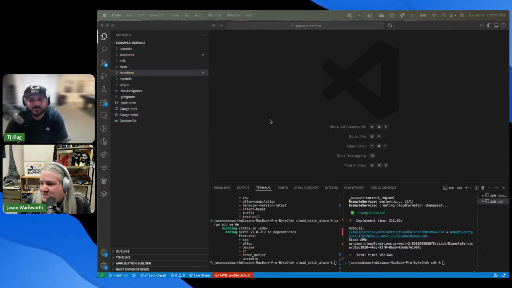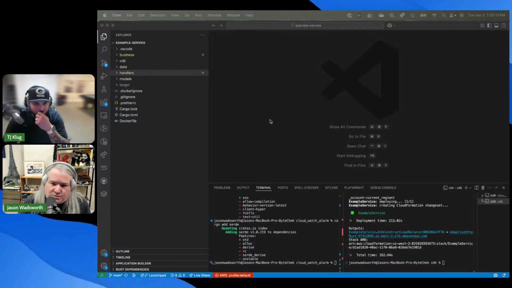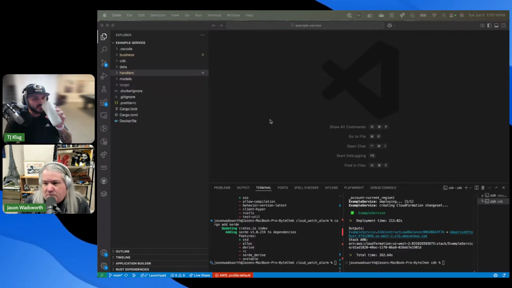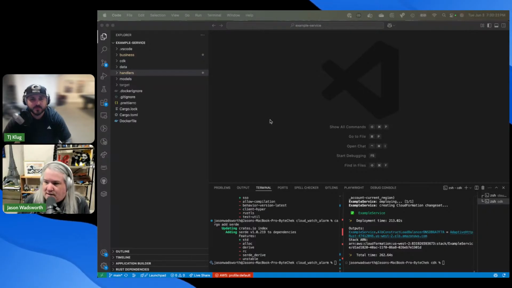Cool. So what I have here is I actually created this project, and this is one of the things that always bothers me with examples, so just a little bit of context here. This is going to be running a service, just call it example service. It's running Lambda functions. One of the big things where I started hearing a lot about Rust was to do your Lambdas in Rust, because the cold start times are exceptionally low, and they are. You get like 10 millisecond, 12 millisecond cold starts from a raw Rust function.